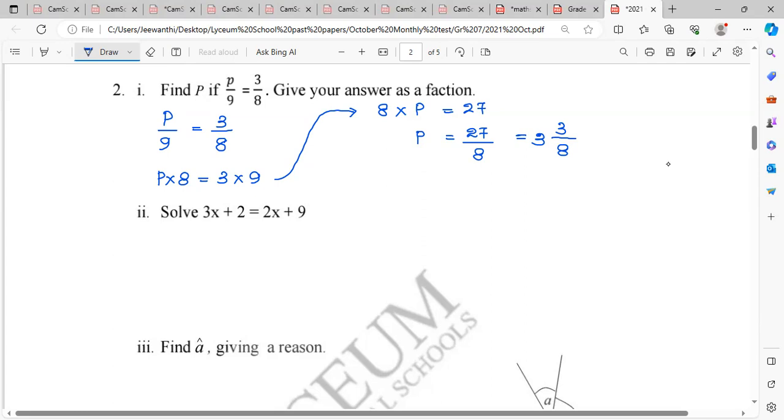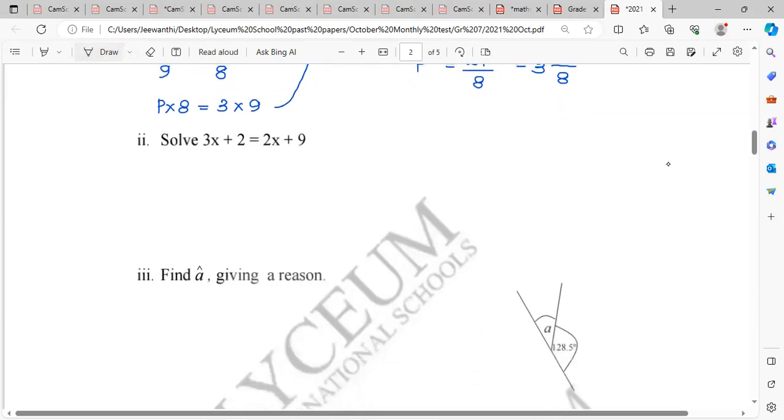P over 9 and 3 over 8 is the question. P multiplied by 8 and 3 multiplied by 9. 3 times 9, 27. 27 divided by 8. 8 times 3, 24. 24 plus 3, 27. Yes, it is correct. So then we will move to this Roman number 2, where you have the x variable